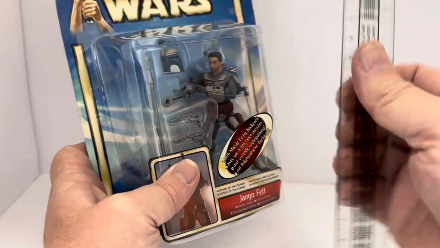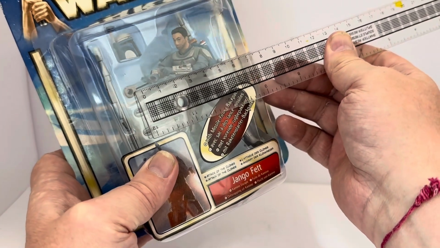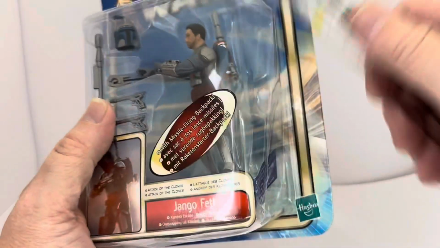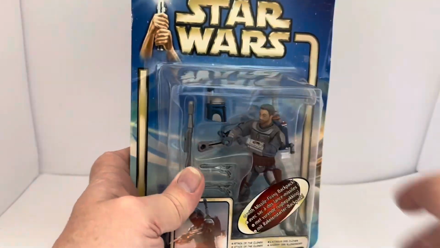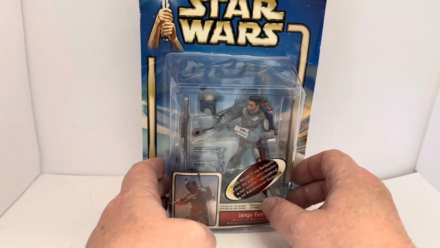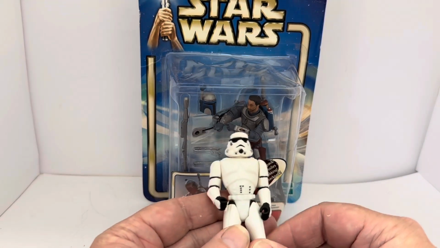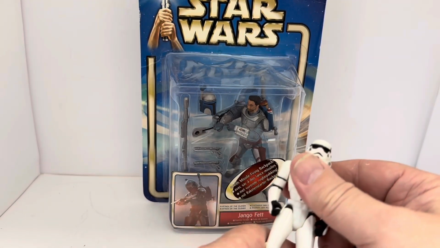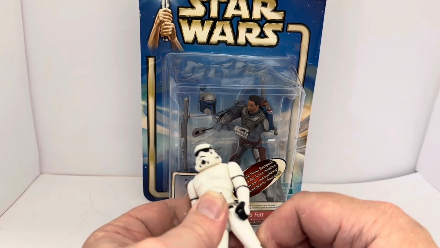Width-wise, I would say about 5 centimeters, and depth-wise, we're looking at about 2 centimeters. As I say, he's sealed up in the pack, so I can't actually take him out. But articulation-wise, I've got one from my collection here. I've got a Stormtrooper, but the articulation on the figures is all the same,